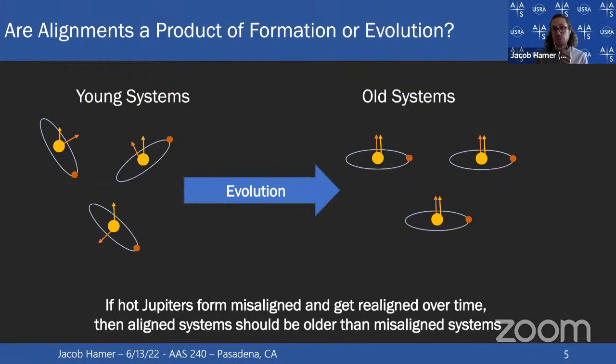And it was very difficult to answer this question because measuring the age of an individual star very precisely is one of the hardest problems in astrophysics. But using data from the Gaia satellite, which coincidentally has had its third data release today, we're able to use a new method to compare the relative ages of different populations of stars using how they move through the galaxy to inform how old we think they are relative to each other.